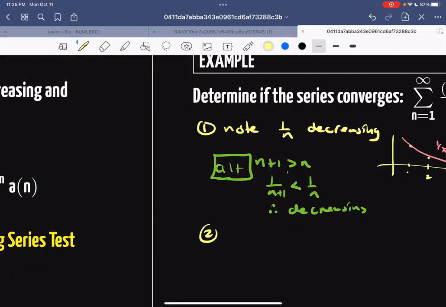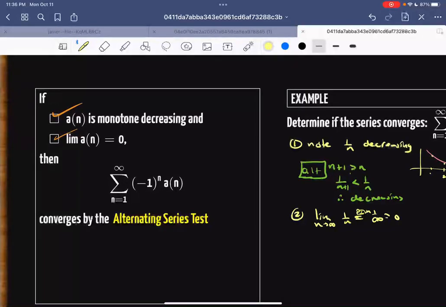You can just try the plug-in method. The limit as n goes to infinity for 1 over n. Let's try the plug-in method. That would be 1 over infinity. That would give 0. Check. And so as soon as you